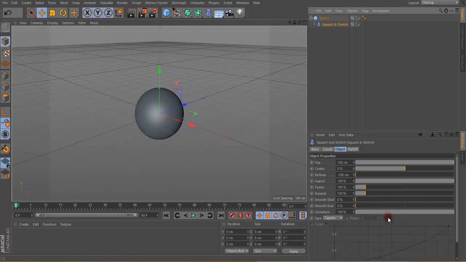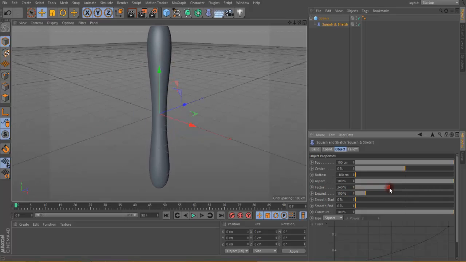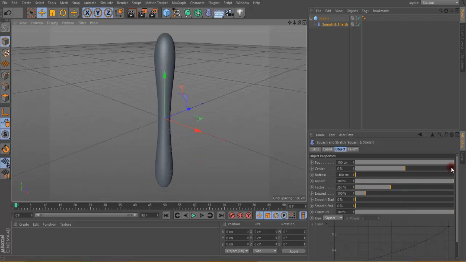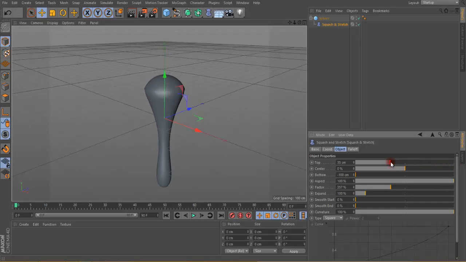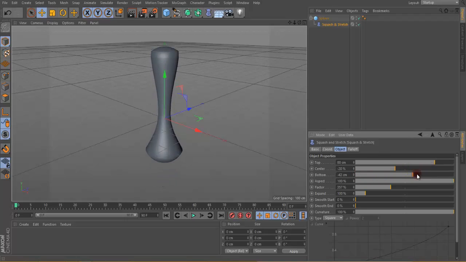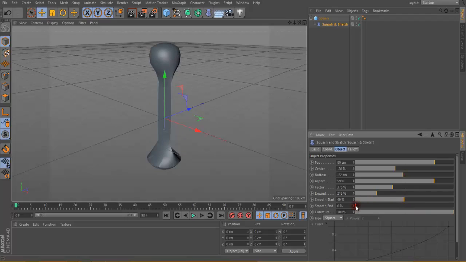to see the result of it, first I change the parameter called factor. See, it's stretching. Then I can change the top part of this deformer, a center part, a bottom part, aspect ratio for flatness, factor again for stretch, expansion like this, expand, and smoothness at the start and smoothness at the end, a curvature option